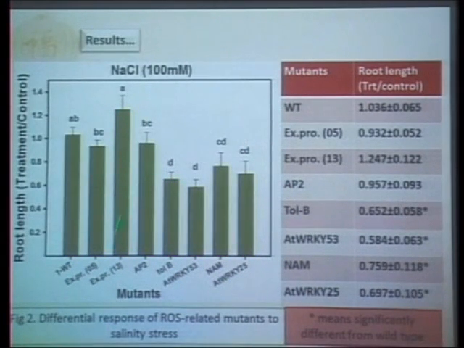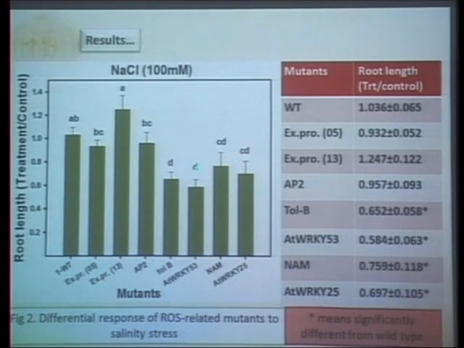And on treating the mutants with salt treatment, the wild type was indifferent. We didn't see any effect of this salinity level on wild type. And these 2 expressed proteins and this AP2 transcription factor also resemble wild type. We didn't find a significant difference between wild type and these 3 mutants, whereas these 4 mutants, with 1 gene, Tolby protein related, and these 3 transcription factors, were sensitive to the supplied salinity stress,